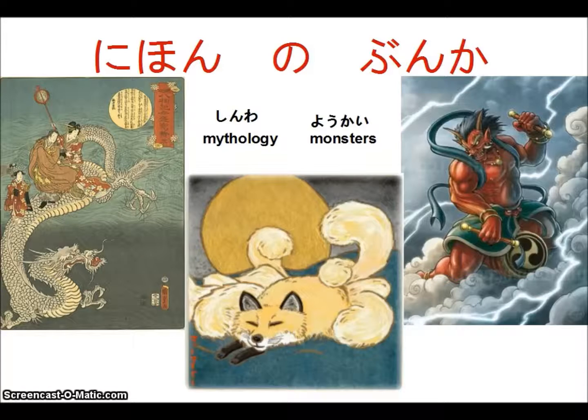dragon. The Japanese, the Chinese, and the Korean dragon are more snake-like, rather than the big winged flying dragon that we think of in European culture. That's a Japanese dragon. On the right, we have Raiden, the god demon of thunder and lightning, and he strikes his taiko drums, like we learned about taiko last time. He strikes his taiko drums to make thunder and lightning. In the center here, we have a fox, and it has 9 tails, because we're going to be talking about